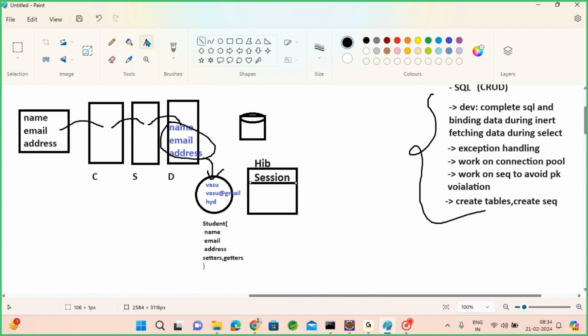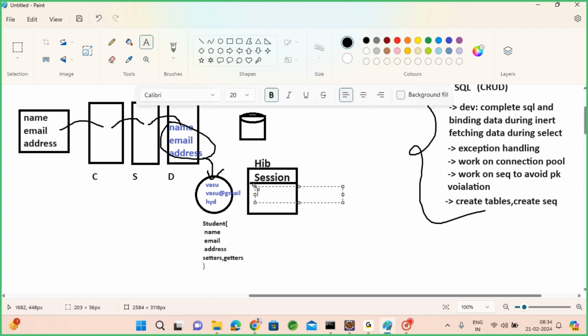Like save, update, delete, get, these are the important predefined methods. We also have get and load. These methods will help you to save, update, delete or select